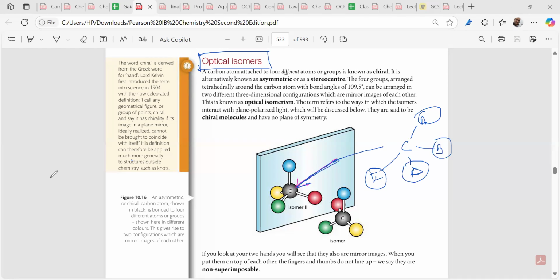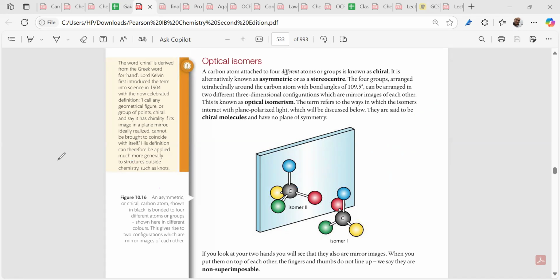What's a chiral carbon? A chiral carbon is a carbon which has got all four groups different, right? This is clear. Now, secondly, you have to understand that